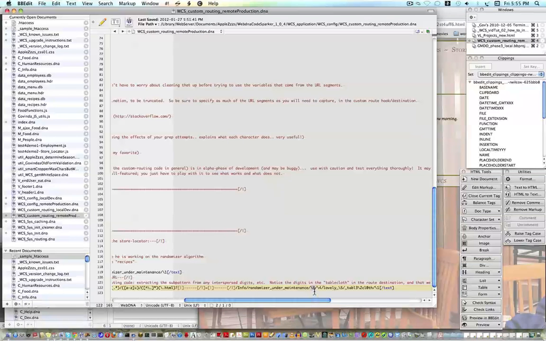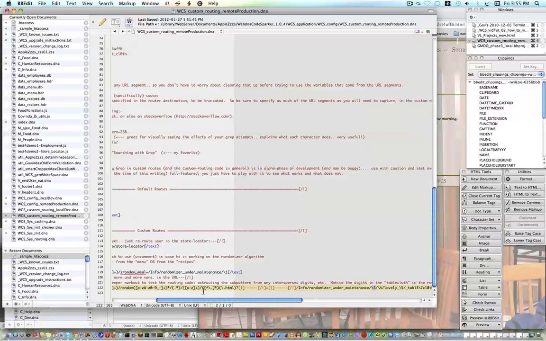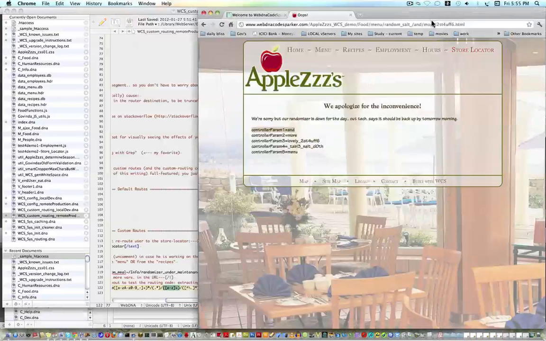And then after the third one is the fourth subpattern that was matched, which is right here, which means anything from A to Z after the "and", which is the word "more". That's why "more" is right there. The value of that variable, controller param2. Then we've got